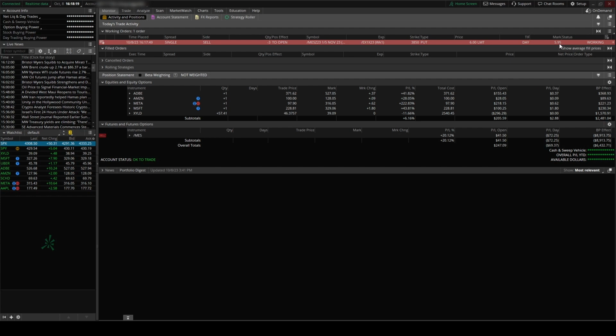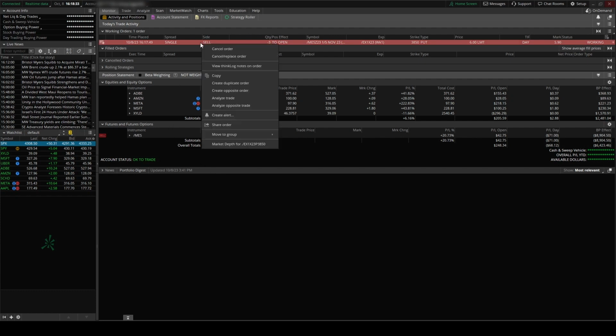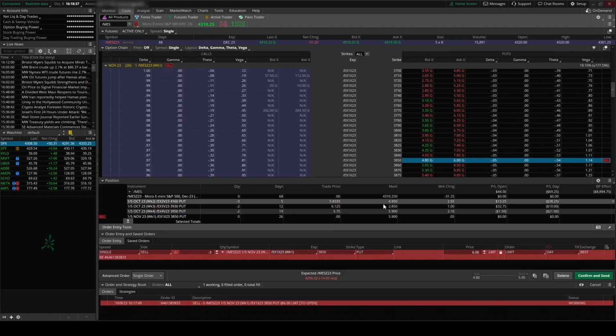Now it's dropping, but it could later, if the market or MES drops more, it could come down to 6. We could wait for it to do that, but we're not going to do that. So if you go over here, right click anywhere on this red, cancel, replace order. All right. So they're not going to give it to us for 6. We could always go to 5.75 and we could probably get it at that price. But I don't want to do that though. So let's change it to